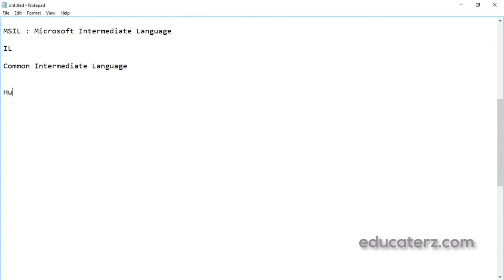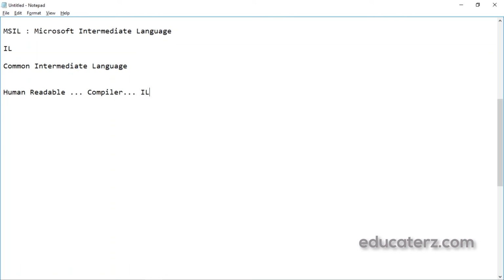Initially it will be human readable code. Whatever program you write, whether it is in English or Chinese, whatever it is, it is in human readable format. Then the compiler will come into the picture. During the compile time, the compiler converts the source code into Microsoft Intermediate Language. Source code is human readable. Then it will get converted to IL code or MSIL code.